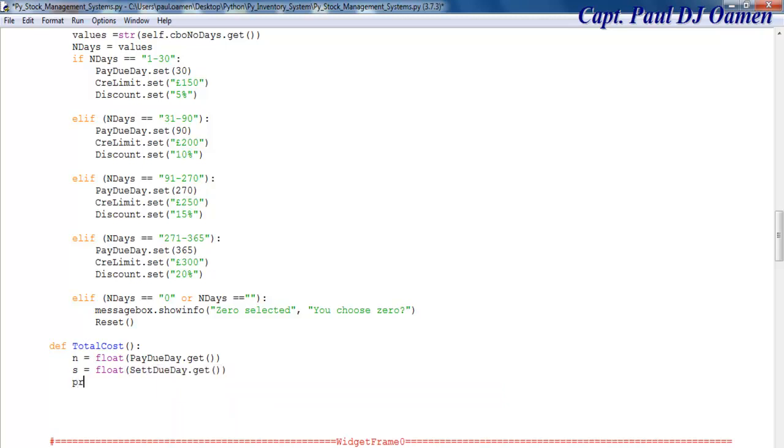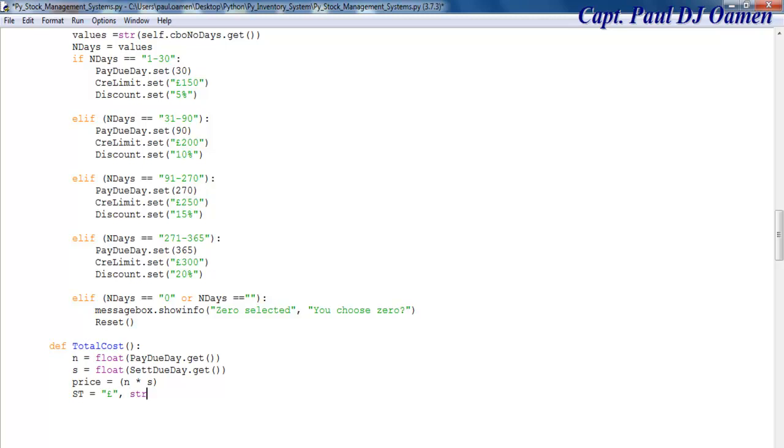Now let's use this to add both values together, n multiplied by s. That will give us a cost multiplied by date. That's what that means. And another local variable st equals, I'm going to enter the pound sign for that,